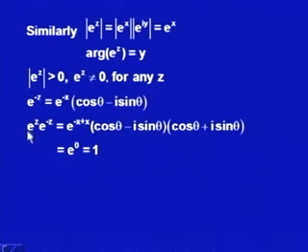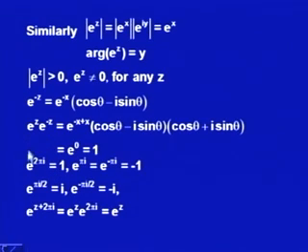If we multiply e to the z and e to the minus z, this is equal to e to the minus x plus x multiplied by cos theta minus i sin theta plus cos theta plus i sin theta. Multiplying the two, it is cos square theta minus i square sin square theta, and because minus i square is plus 1, we will have cos square plus sin square theta from this product, and ultimately we will have e to the 0, which is 1. Now, this is also in line with